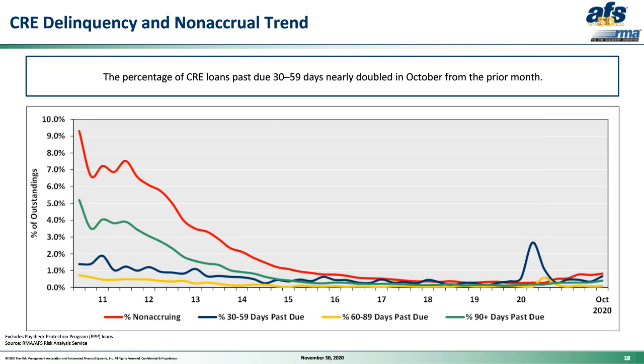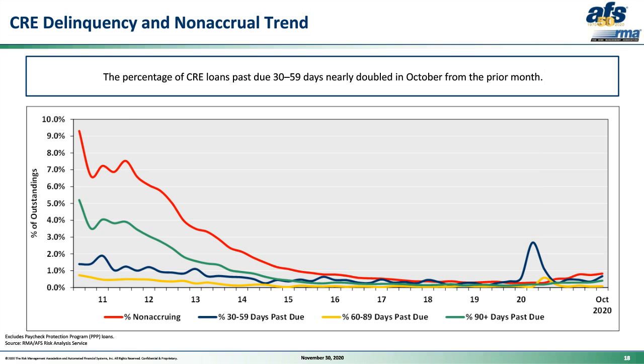And after reaching service lows for delinquencies in mid-2019 and for non-accruals in March 2020, the performance of the CRE loans has deteriorated significantly. Delinquencies have been extremely volatile, and for October 2020, at 0.68%, it's almost double September's 0.36%. Non-accruals have also increased to 0.84% and are getting close to the levels we last saw in 2015. And October's rate is triple what we had at the start of the virus in March of 0.28%.